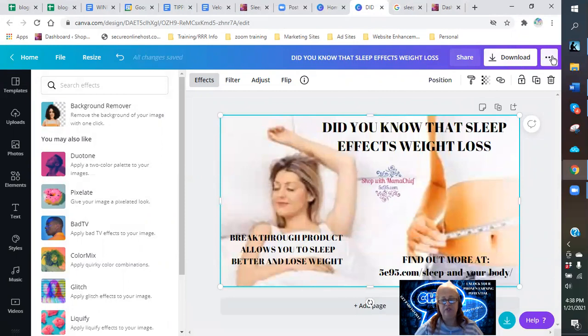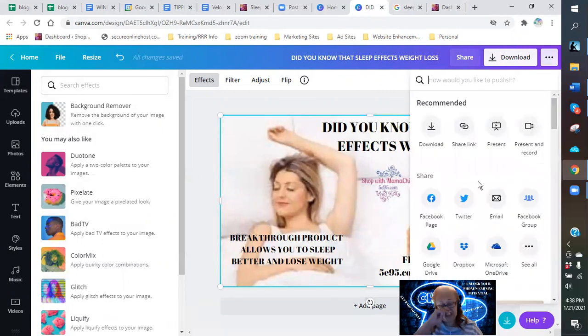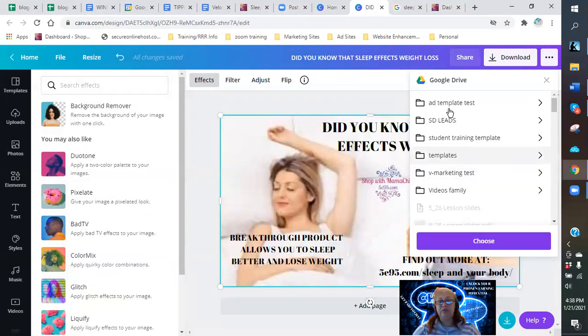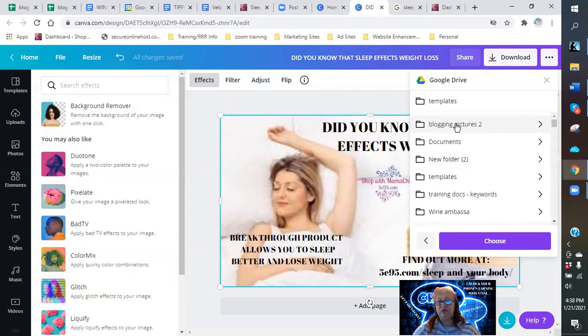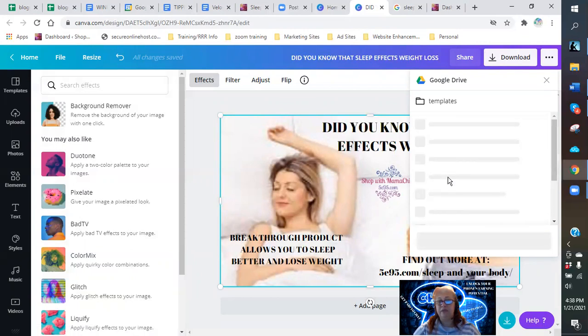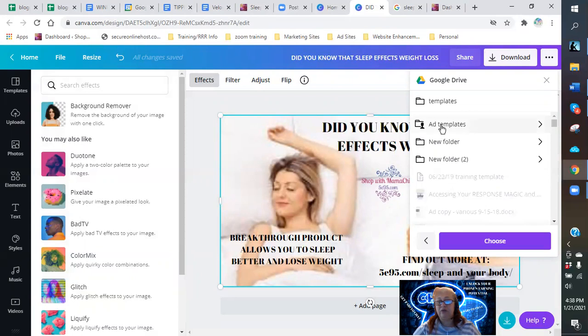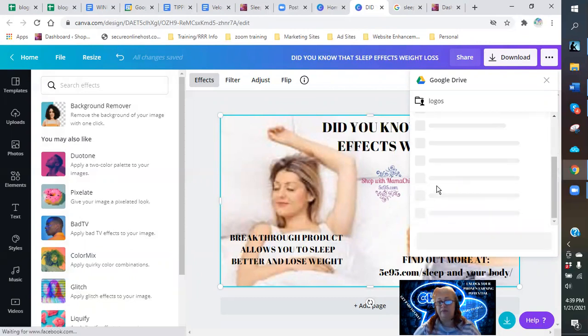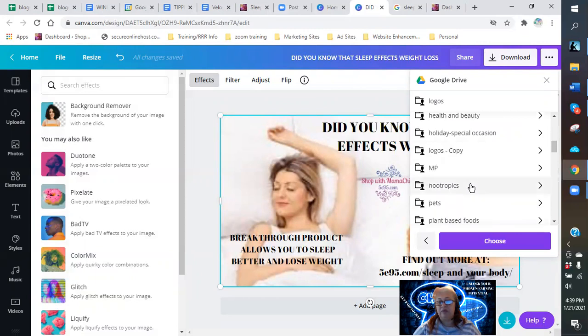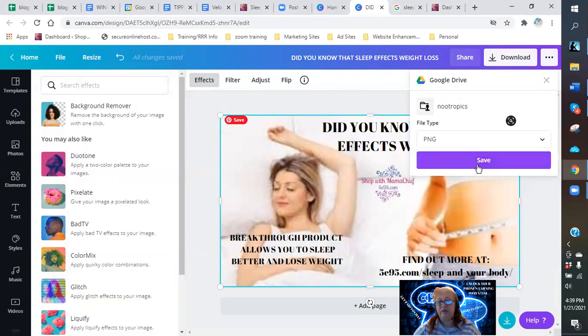And then from here, if I want to send it to other places, I can click on these three dots, and it has other locations that I can send it to. So if you have a Dropbox or Google Drive, like I do, I can connect it with my Google Drive. I can go to my templates, and from my templates here, I'm going to go to my add templates. From my add templates, I'm going to go to my logos. And I'm going to go to nootropics and just save it,